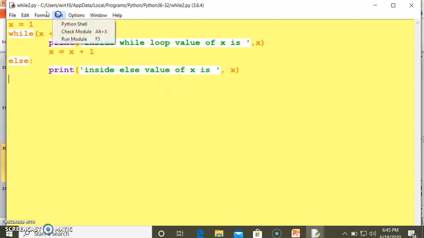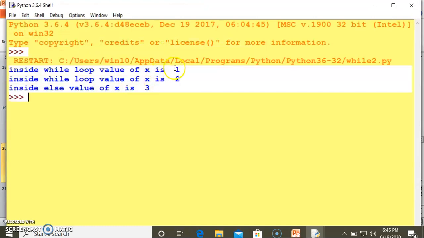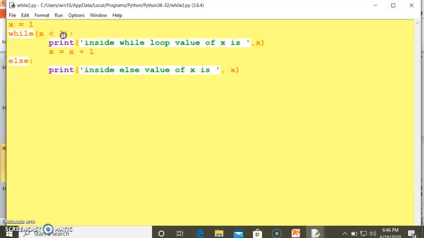So see here: 1, 2. This is the else part. 3. If I increase this to 5, see what happens.